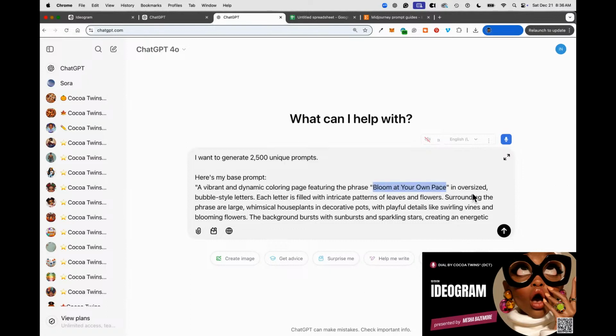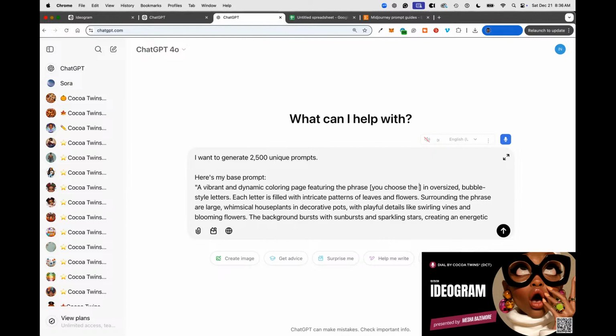I'm going to say, let's do this, put this in brackets, and say, you choose the cheeky and witty phrase in oversized bubble style letters. I'm going to put, you choose the style of lettering, close the bracket,